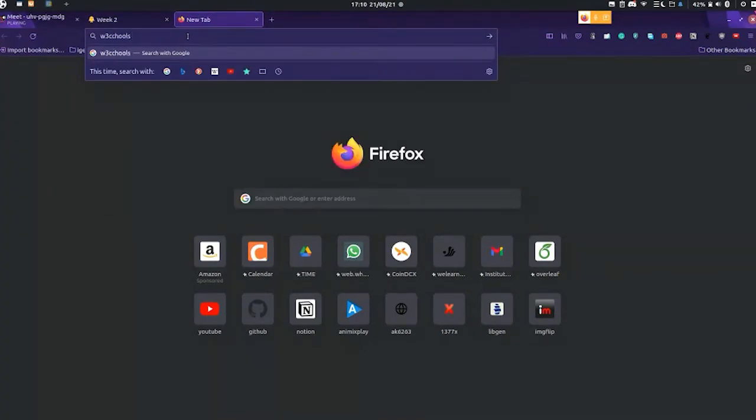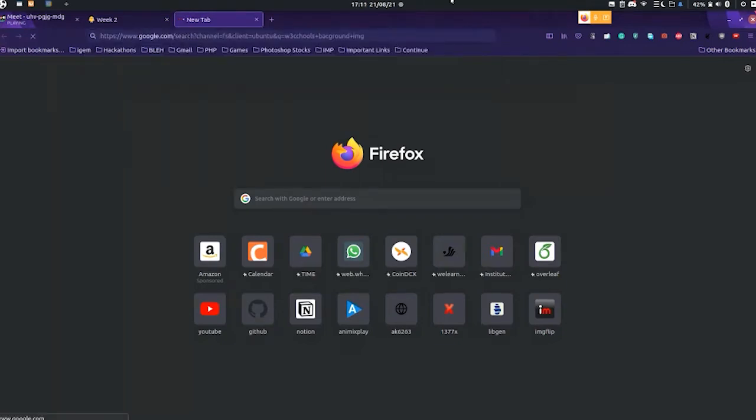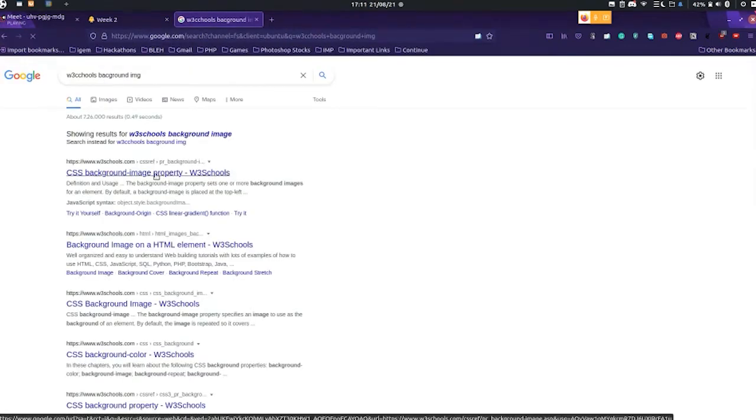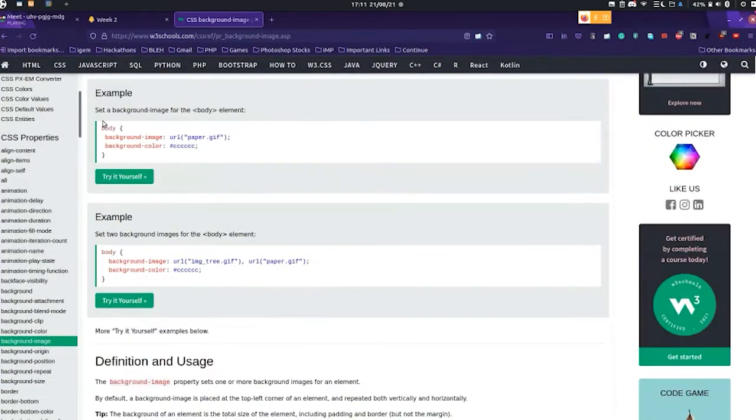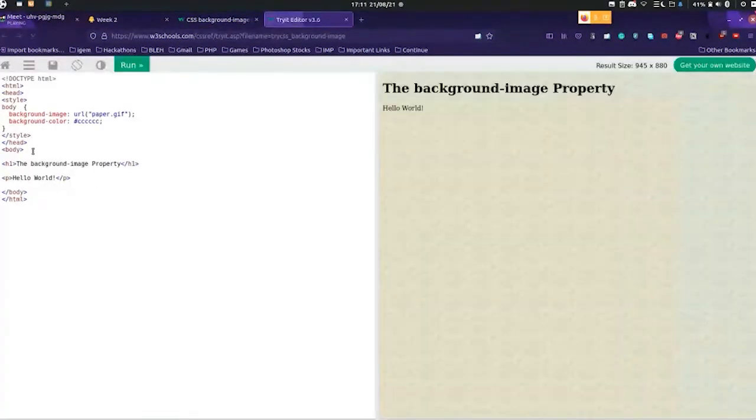And for some attribute like background image, you can just search over here. They will give you an example of how it works. If you click on Try it Yourself, it will open a playground where you can actually check what it is doing.